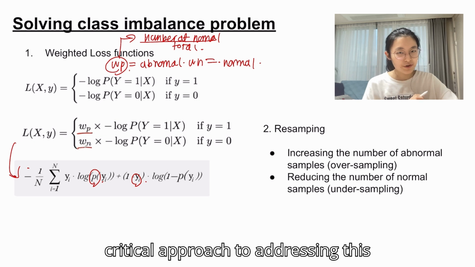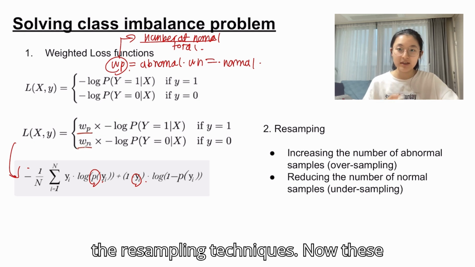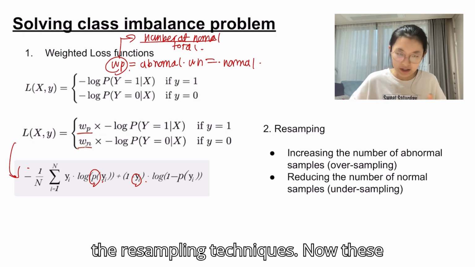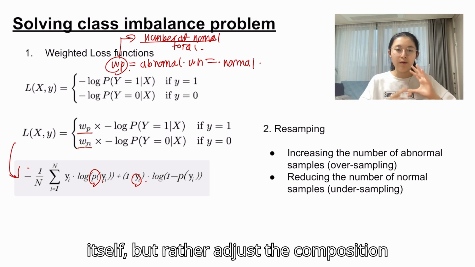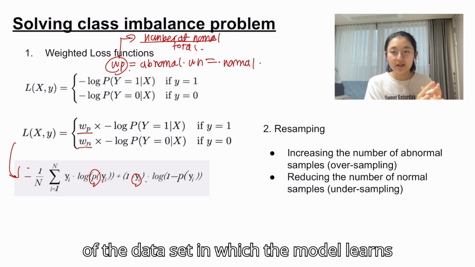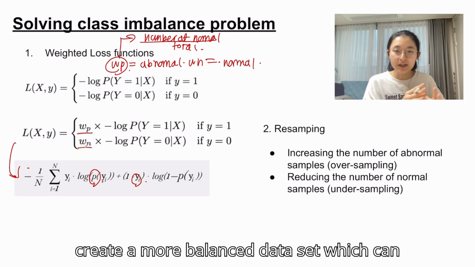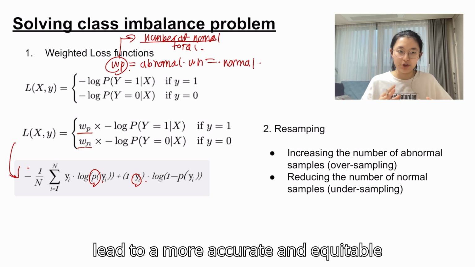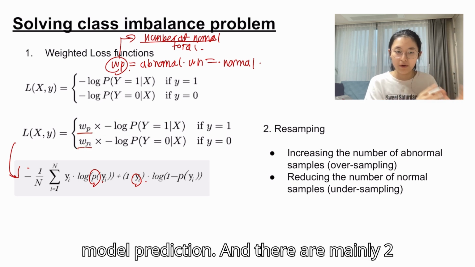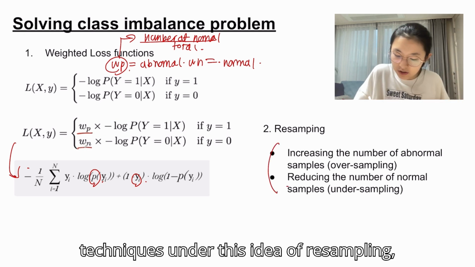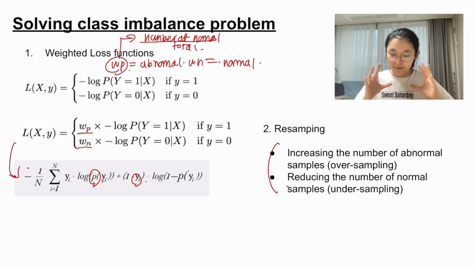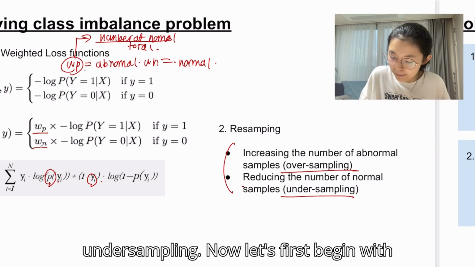One other critical approach to addressing the problem of class imbalance is resampling techniques. These methods do not just modify the model itself, but rather adjust the composition of the data set which the model learns from. The goal here is to create a more balanced data set, which can lead to a more accurate and equitable model prediction. There are mainly two techniques under this idea of resampling: oversampling and